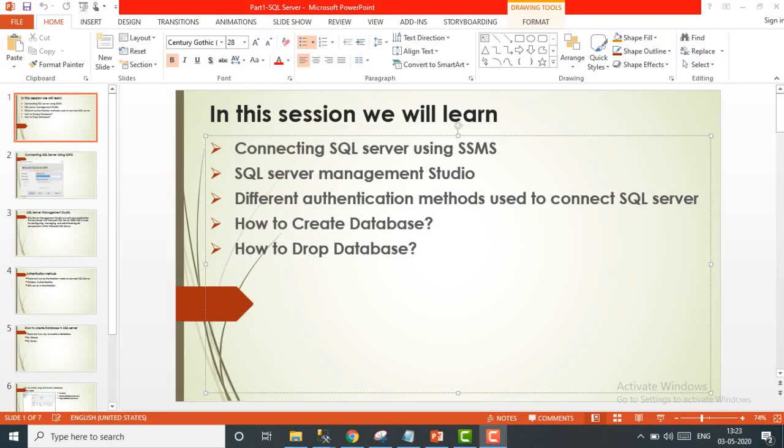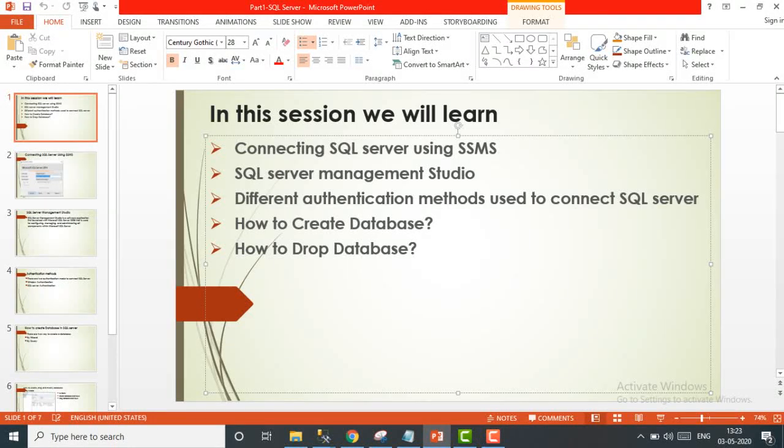Now we will learn how to connect to SQL Server, SQL Server Management Studio, the different authentication modes used to connect to SQL Server, how to create databases, how to drop a database, and how to modify databases. We will cover each topic one by one.